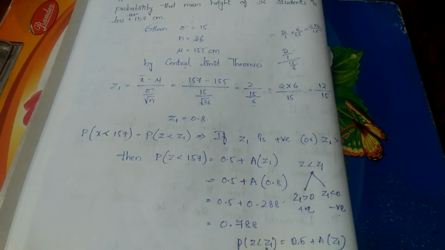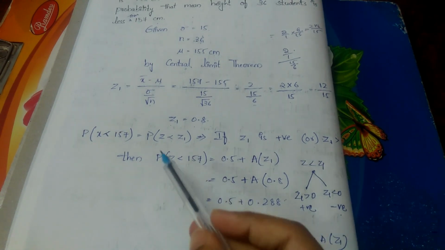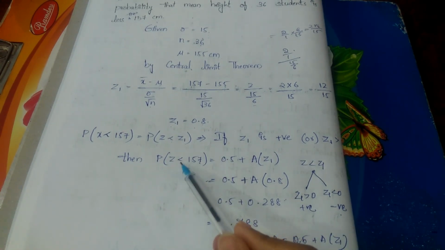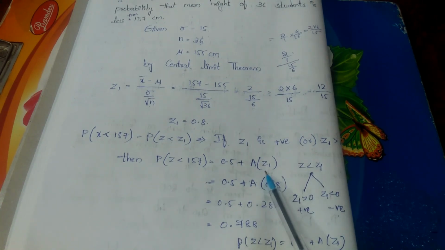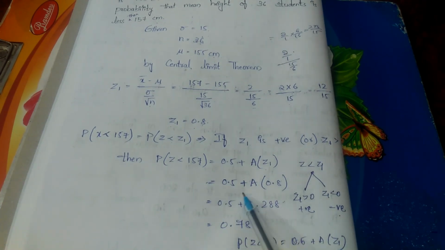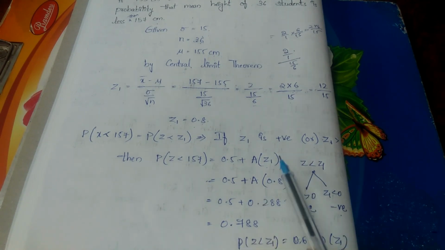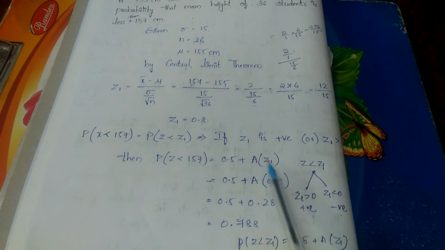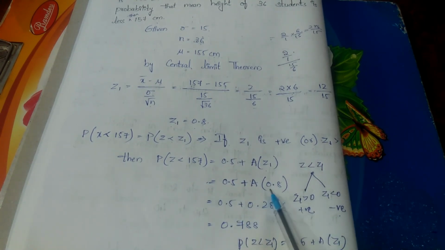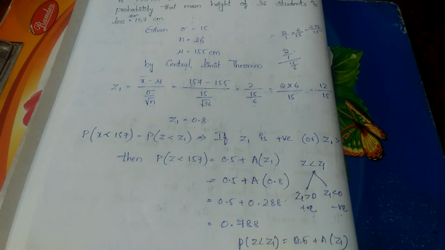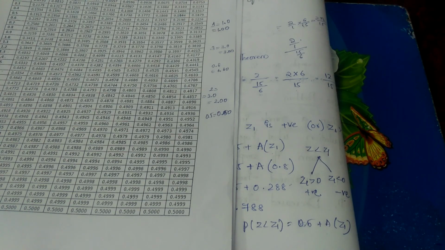So here the z1 value is from 157. The formula is probability of z less than 157 is equal to 0.5 plus area of z1. Area of z1, where the z1 value is 0.8. So 0.5 plus, from the table, we have to check the